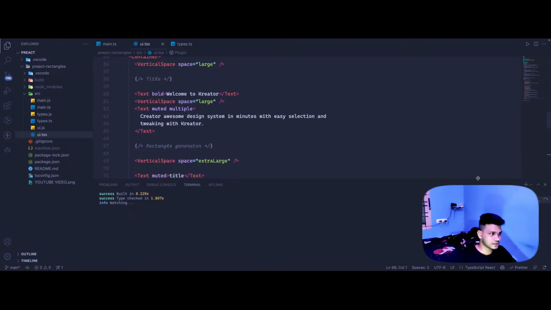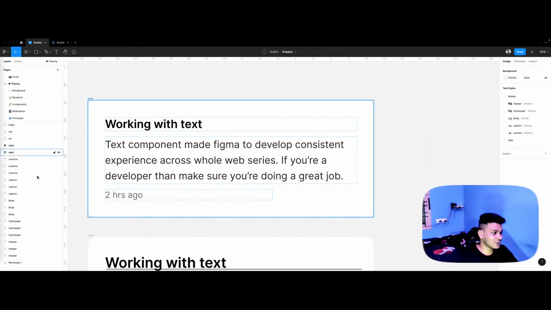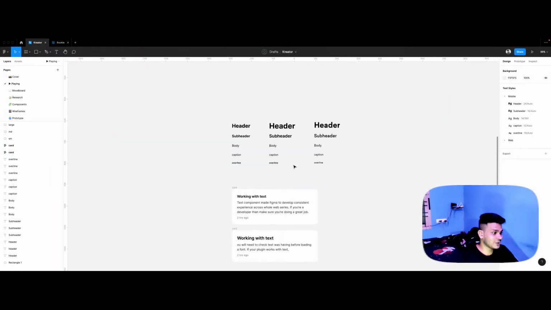So currently this is the new plugin which I'm working on. I think this is a pretty interesting area. I hope you all will enjoy this. Okay, the plugin is up and running. Now what I'm going to do is open Figma. So here I have a bunch of